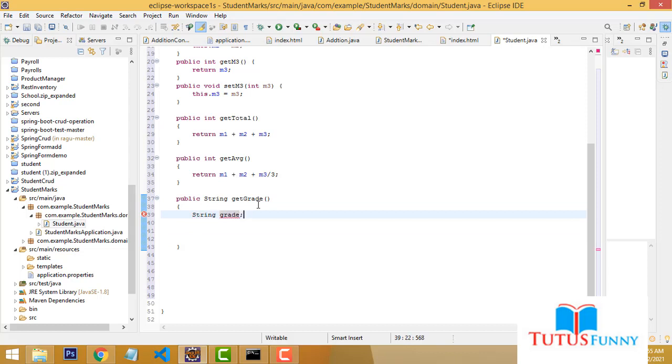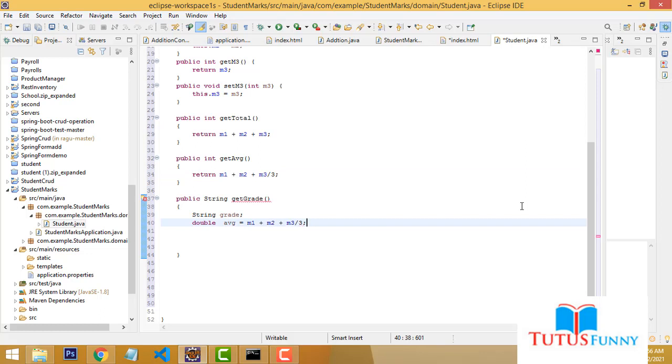You have to create the variable grade. So here you have to write double average equals, and the same thing you have to copy and paste over here.